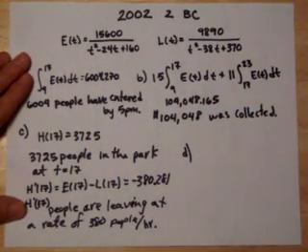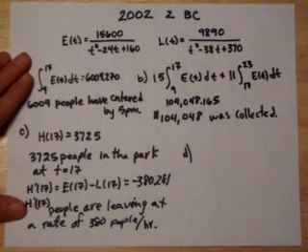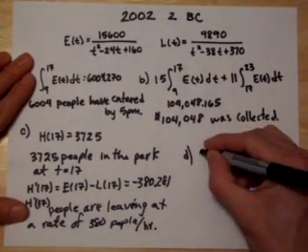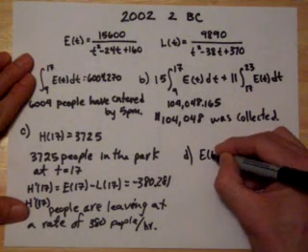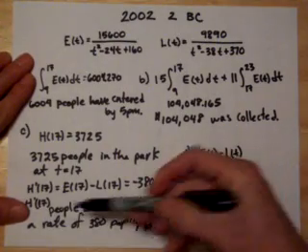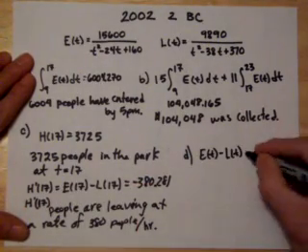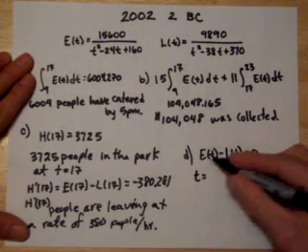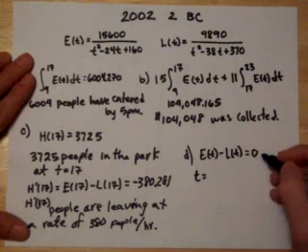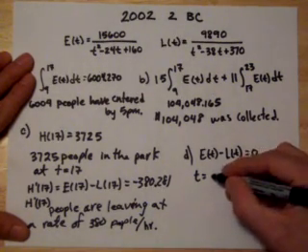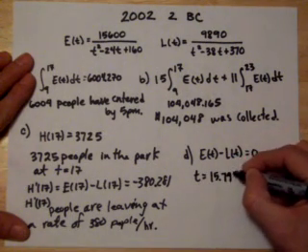D says what time does the model predict the number of people at the park to be at a maximum? And that would be when the entering people minus the people leaving, which is also the H prime of t, is equal to 0. So you do that in your calculator, y1, y2. If I add this to this side, it's when the number of people entering is equal to the number of people leaving, and it happens at t equals 15.794